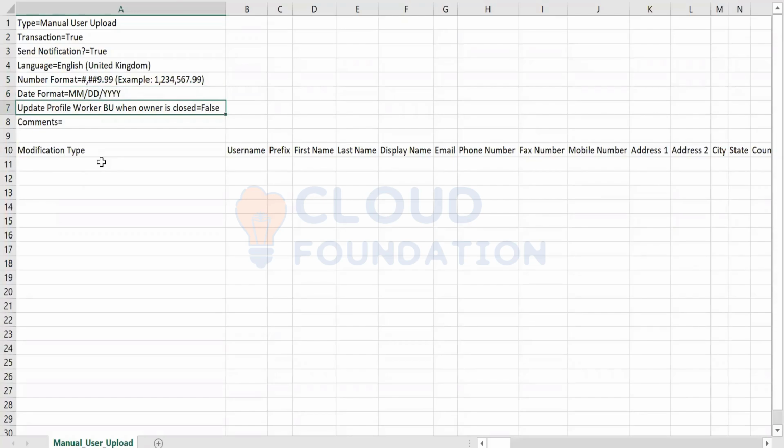Profile worker: if profile worker business unit when owner is closed is equal to false, it's been set. I'm going to explain. The transaction is equal to true in the sense that the transaction should be true for the system to take action accordingly.